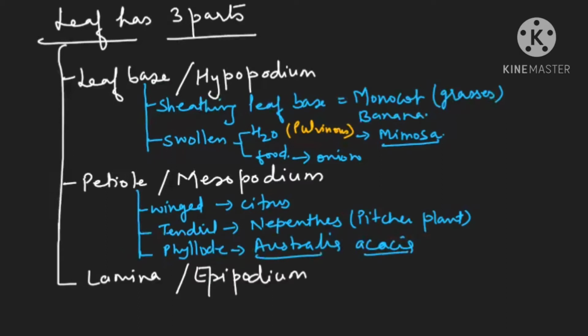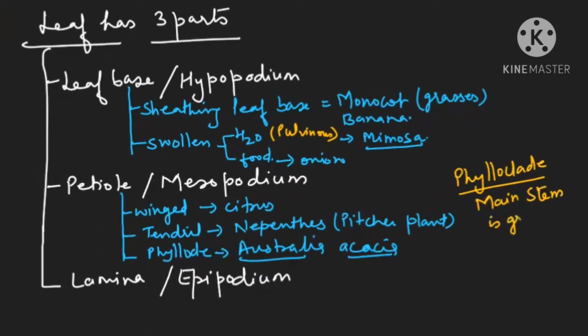Clear, beta? Now here you try to remember. Please try to remember you have already studied phylloclade. Let me write it here for you. You have studied phylloclade. Phylloclade was the main stem becoming green in color. Remember in the stem part? So phylloclade means main stem is green in color to do the work of photosynthesis. And phyllode means petiole is becoming green in color. Please remember the difference in the spelling. Try to focus on it. Students make mistakes here. Up till here, I hope the concept is getting clear to you. And lamina is also known as epipodium.